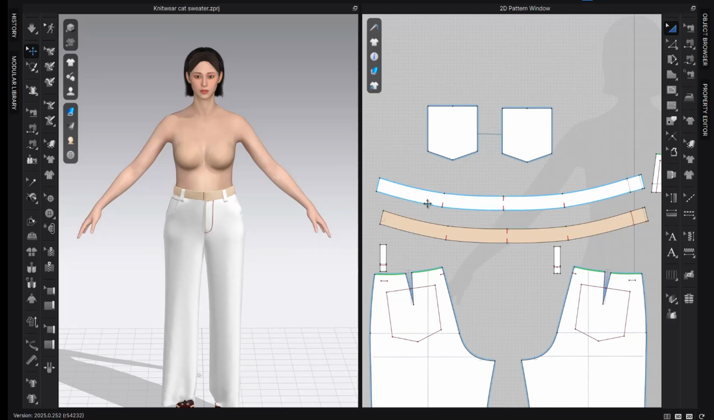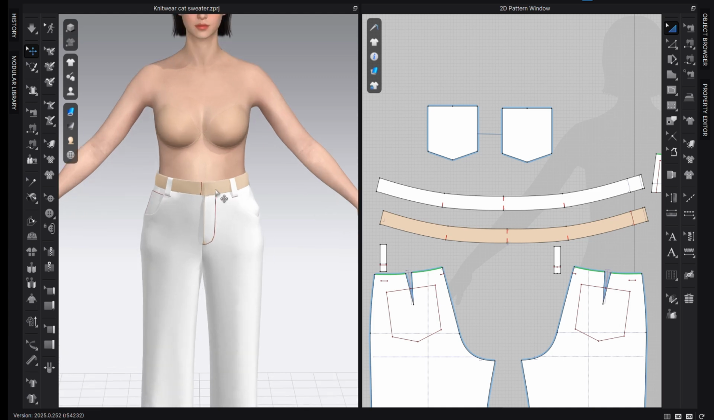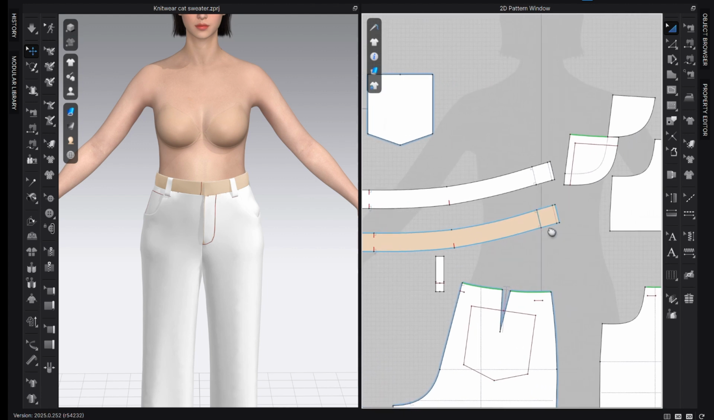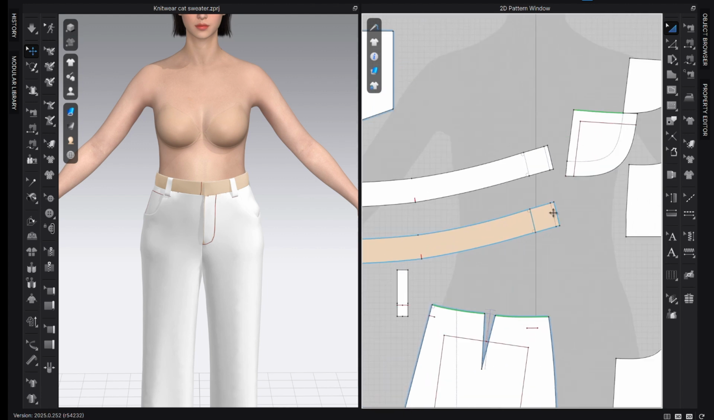Hello everyone, in this video we are closing our waistband with button and buttonhole, and I also will show you how to close it with hook and eye. First, I want to show the button and buttonhole method because this is the most common way waistbands are closed